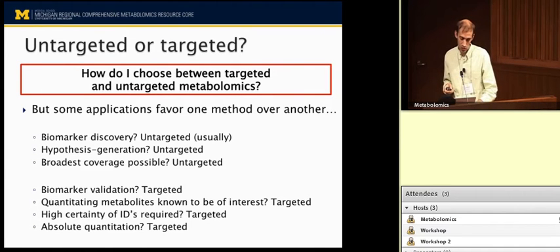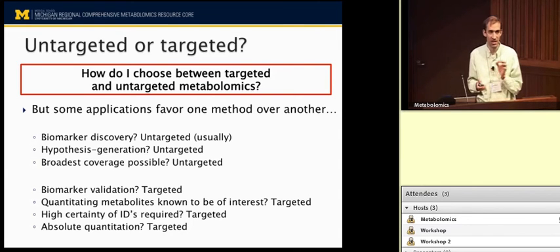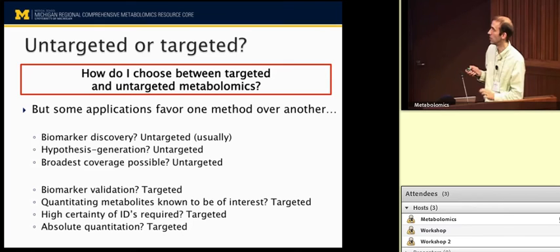If you want to quantitate metabolites known to be of interest, you've already got a defined pathway, then targeted may be what you want to do. If you need high certainty of identification of all of your metabolites, you don't want to be looking at any known unknowns, which we'll talk about in a few minutes. Targeted is best. Absolute quantitation, you're pretty much forced to be in a targeted